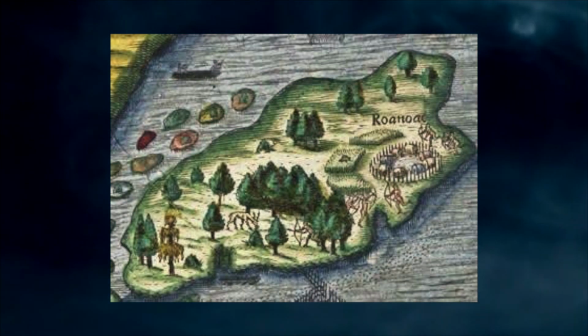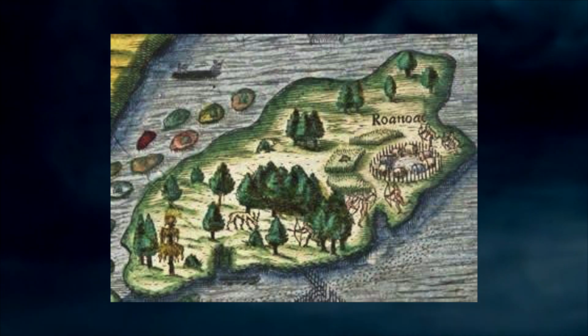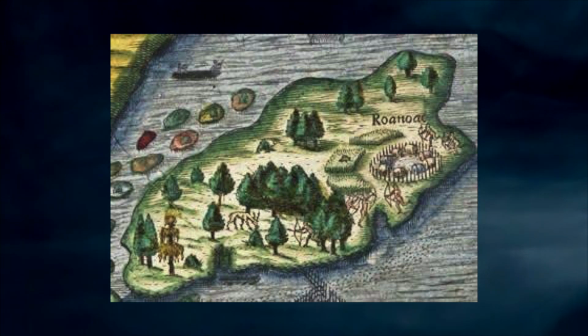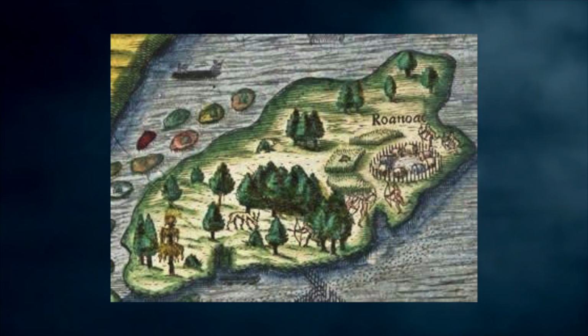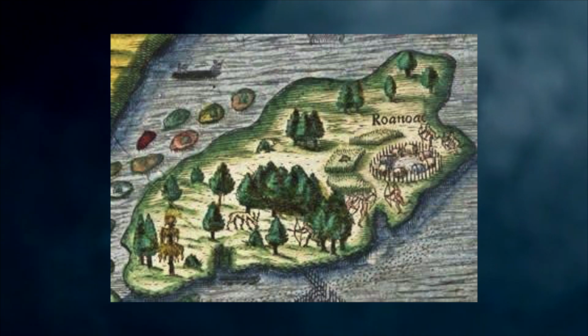Essentially, the Roanoke colony, or the Lost Colony, was an English settlement that disappeared without a trace. They just vanished, and to this day, we still do not know for sure what happened to the Lost Colony. Sure, there are plenty of theories and ideas of what happened to Roanoke, but for sure, we have no idea, and it remains an American mystery.